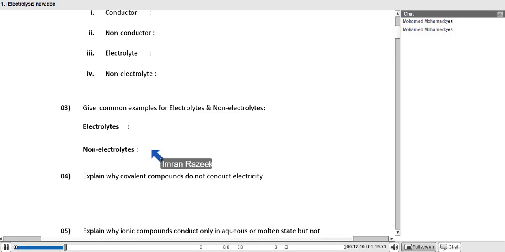And also ionic compounds in solid state are non-electrolytes. They will not carry electric current. So you can write some common examples here for electrolytes: all ionic compounds in aqueous or in molten state,